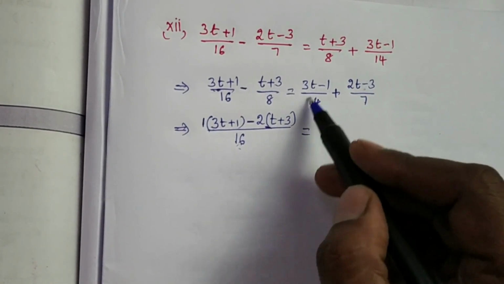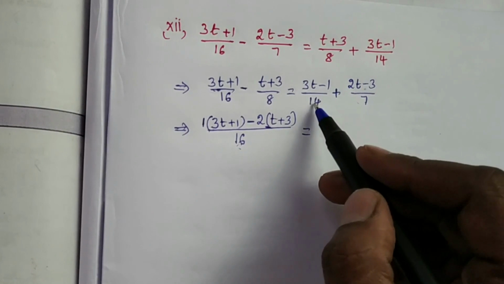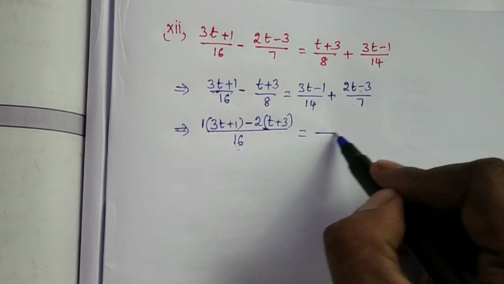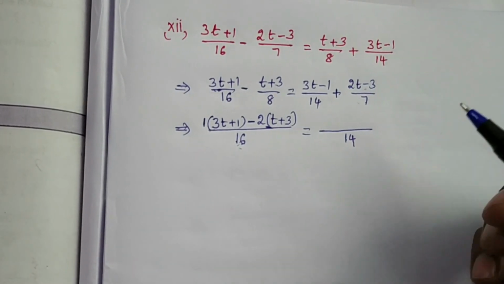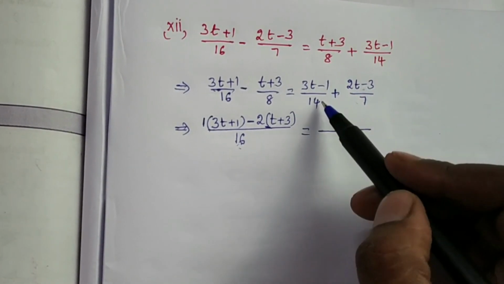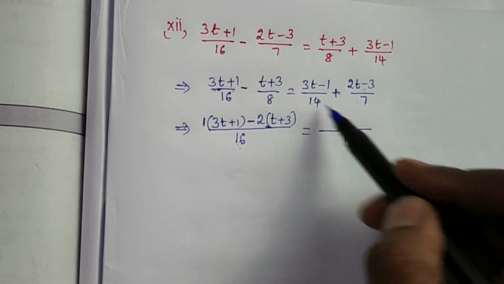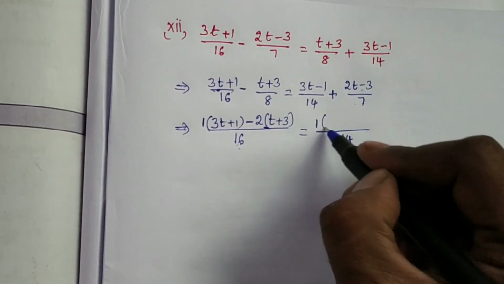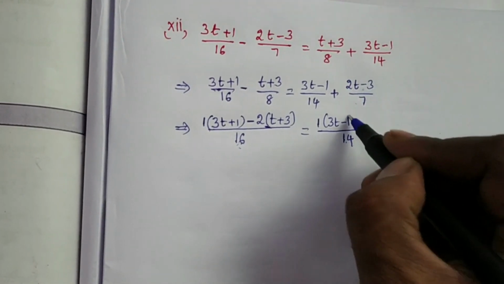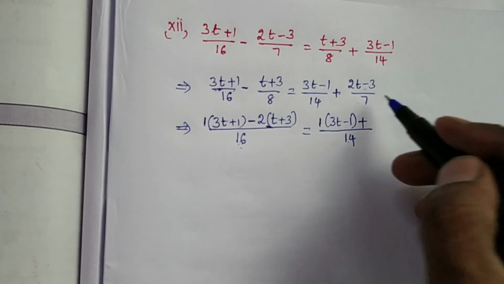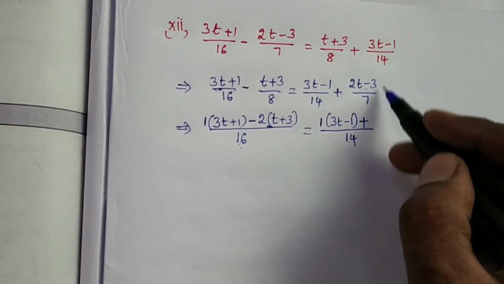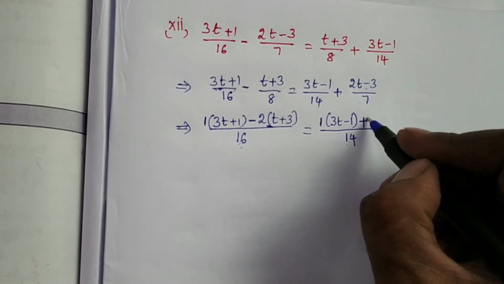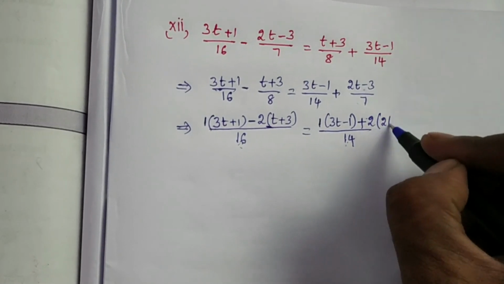here 14 is a factor of 14, 7 is a factor of 14, so among the two terms the largest number is 14, so LCM is 14. And in the first fraction, denominator 14, in LCM 14 one time will cancel, 1 into 3t minus 1, 3t minus 1, plus this 7, then the second fraction denominator 7, in LCM 14 2 times will cancel, 2 into 2t minus 3,